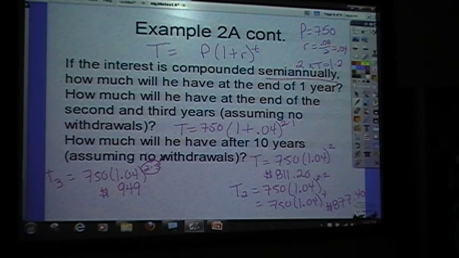And you can see what's changing here. The first year it was 2 times 1. The second year it was 2 times 2, 2 times 3. So the 10th year, t sub 10, will be 750 times 1.04 to the 2 times 10. That'll be 20 there. Plug that in and we get a whopping